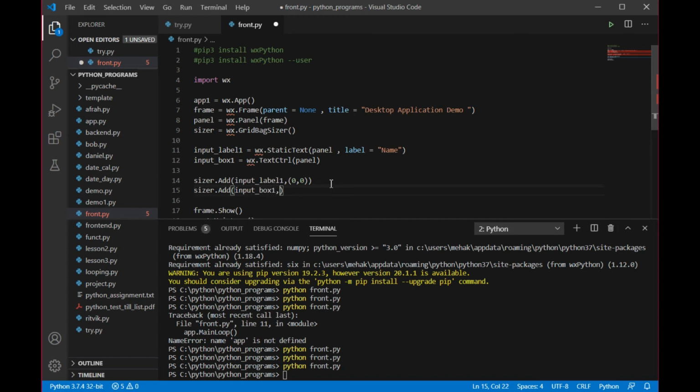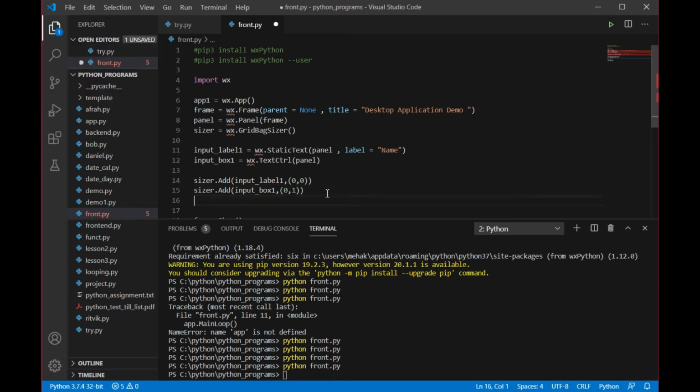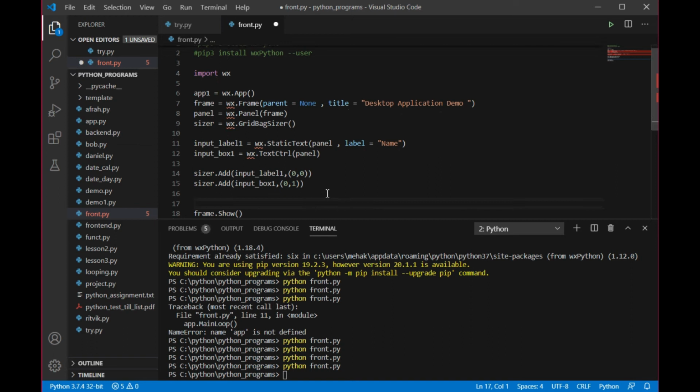And where I'm going to do this very parallel, I want to have both the things parallel, so that is going to have the same x-axis but that is going to have different y-axis because I want to show them in front of one another. For that I need to write panel dot set sizer and fit.